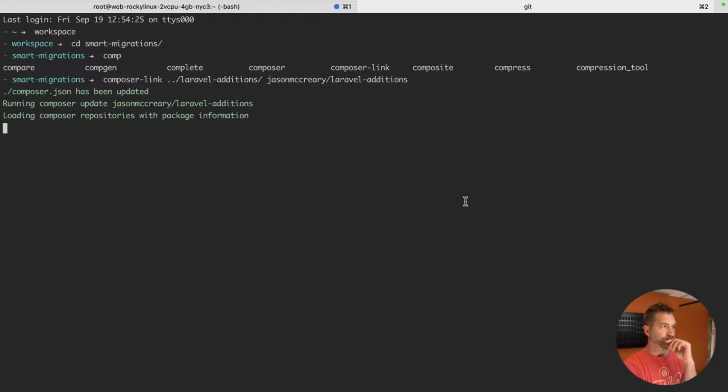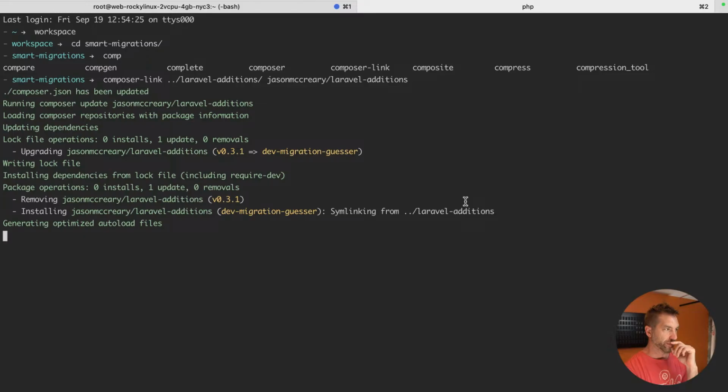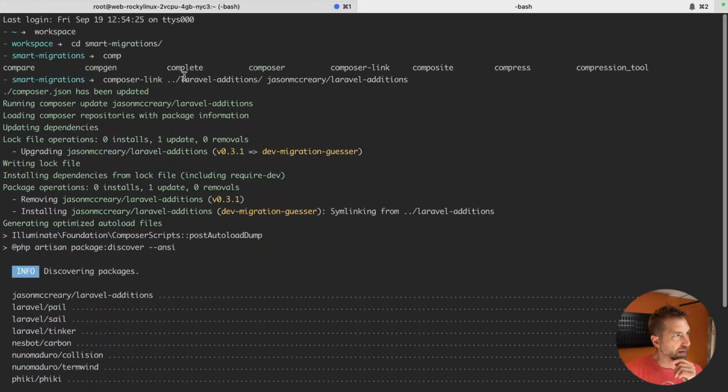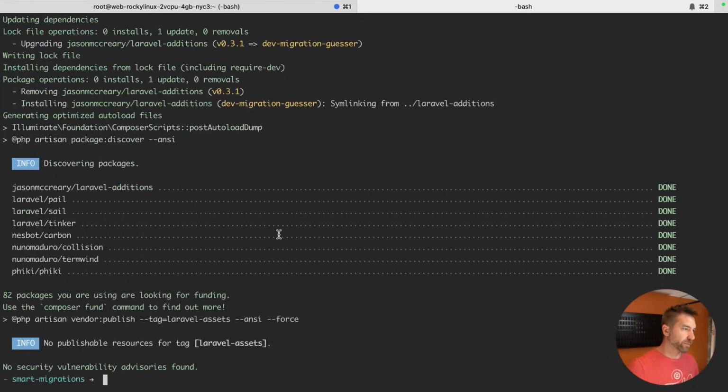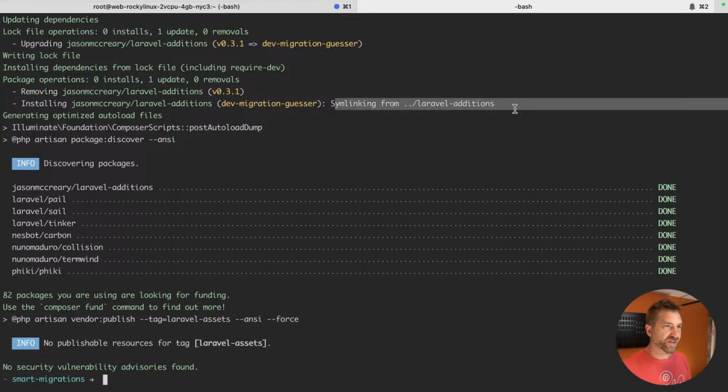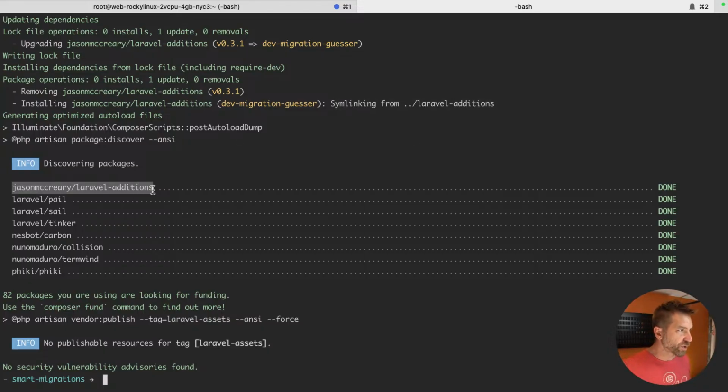Let's see. Sweet. Yeah, I remember getting this off Twitter. This was a while ago. I wanna say this was from, I think Caleb or somebody shared this a long time ago. Caleb Porzio. But anyway, I stuffed it in my shell profile. So basically what this does is it removes the one from Composer, and it should symlink ours. It still picks it up, but the point is we should now be able to say